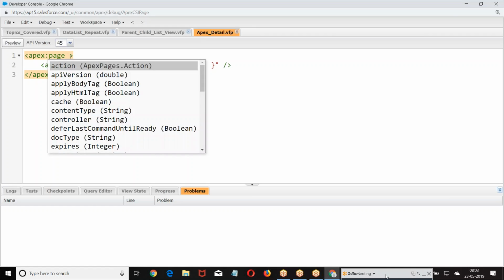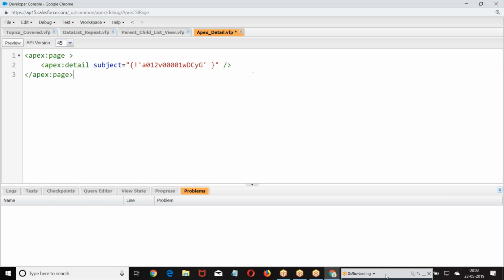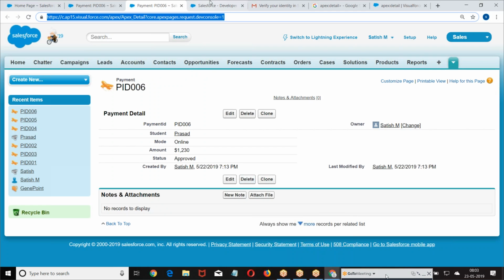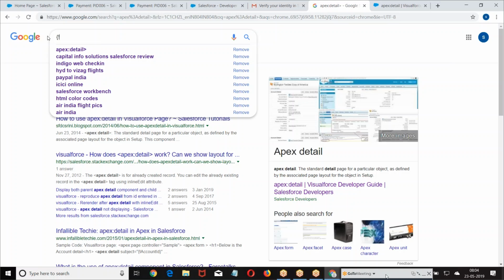No boss, I want to refer to one of the records based on the URL. How do you take it? Dollar, listen to the point. Current page dot. We can use this expression. This is reading the data from the current page. Now, if I give standard controller,